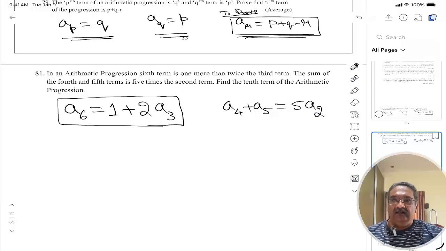See, if you don't calmly read the question, you tend to make mistakes. So the main thing here is to read calmly and convert from English to mathematics. Okay, so